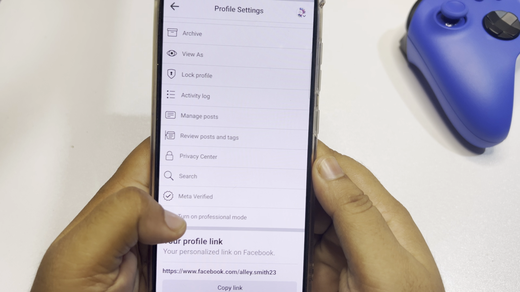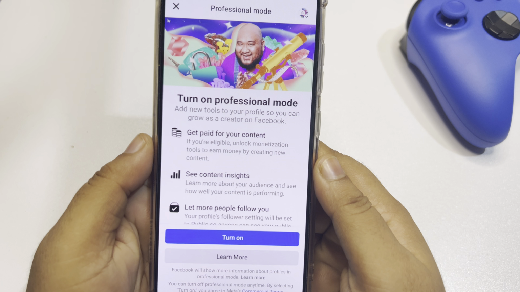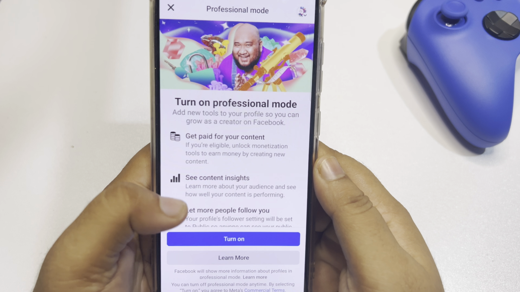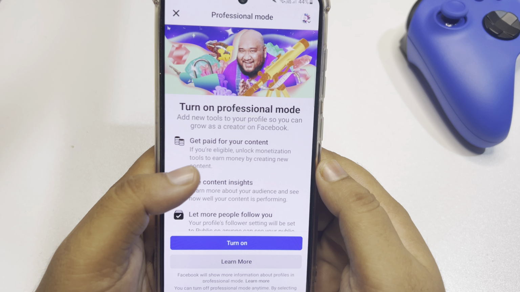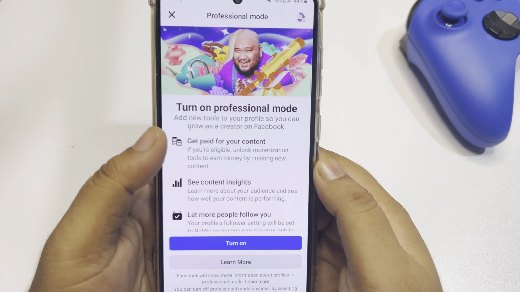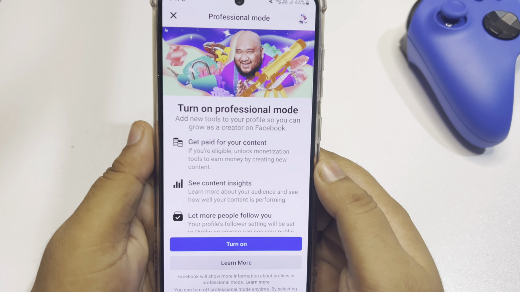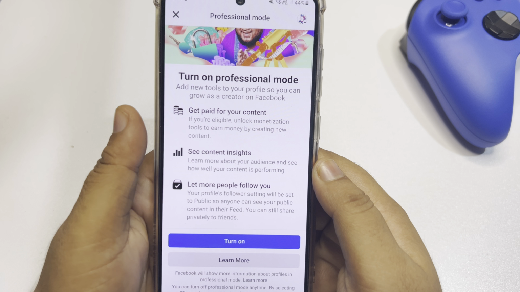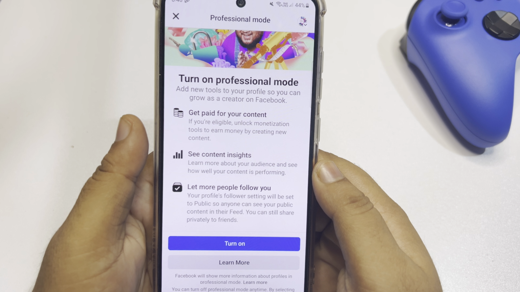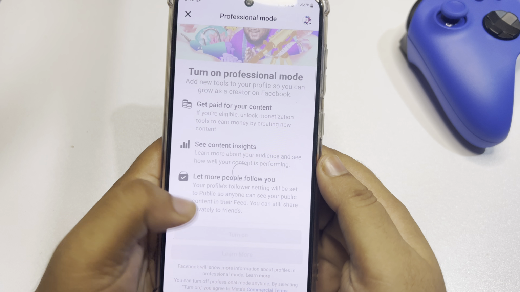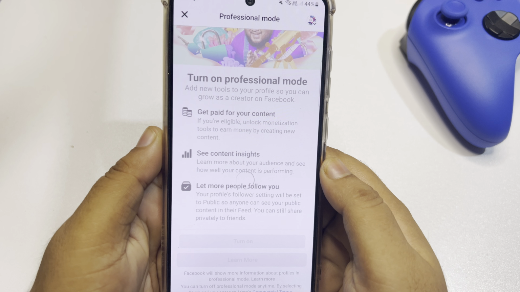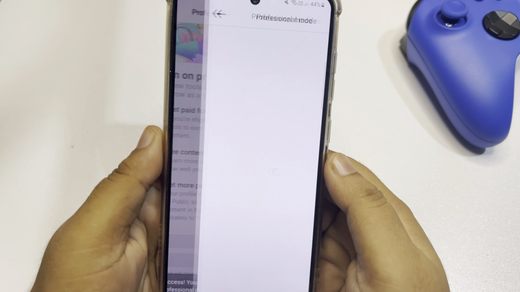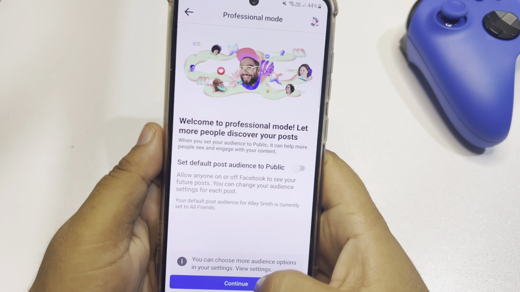So tap on turn on professional mode, tap on turn on, and here we can see in professional mode, here you will get these features. You will get paid for your content, you'll be able to see your content insights, and tap on turn on. Tap on continue,